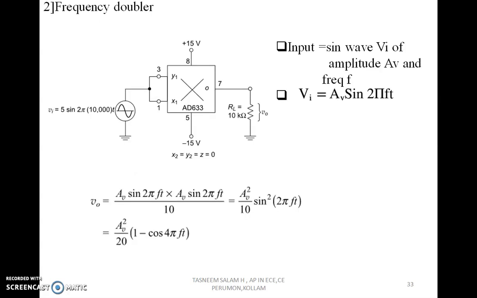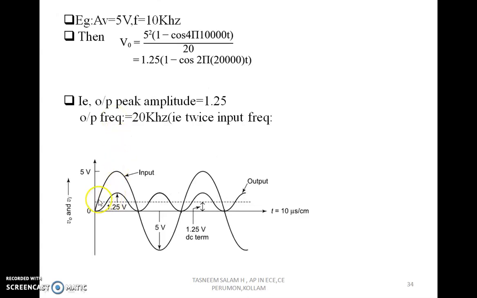In a frequency doubler, similar to the squarer, we give the same input to both the inputs, but the input is a sine wave. The peculiarity of this sine wave is that the frequency is 10k at the input, and at the output this frequency is going to double. We can see this is the input and this is the output, and the frequency at the output has doubled.